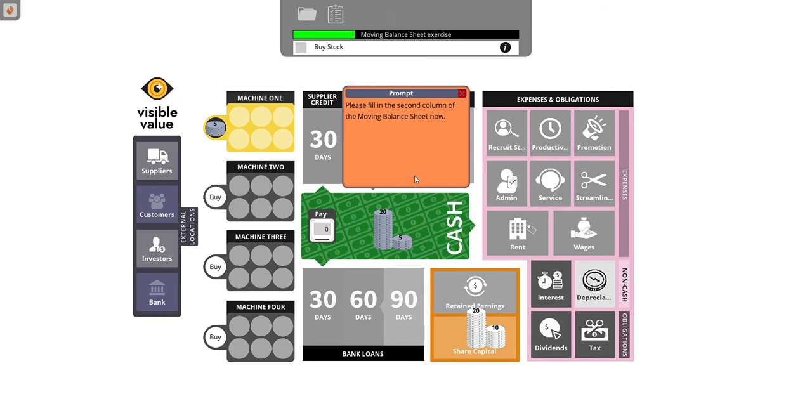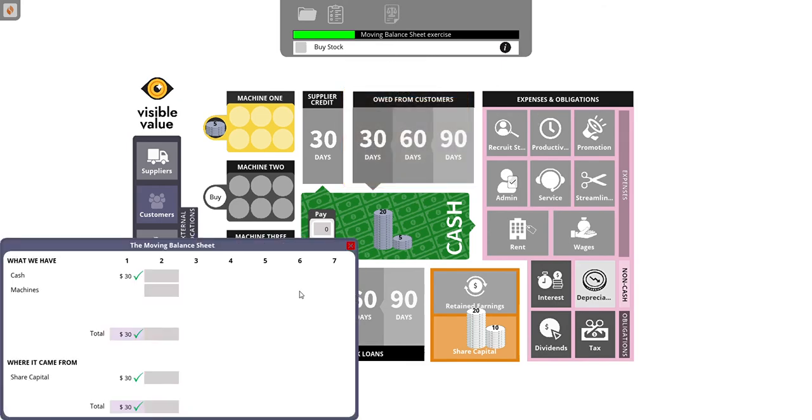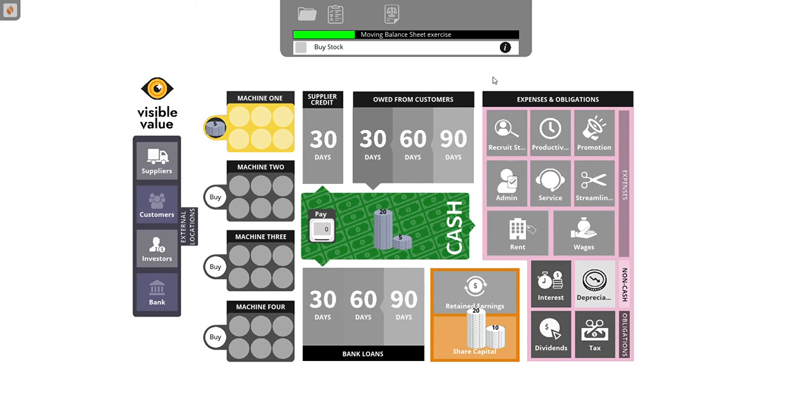The second column of the moving balance sheet now needs to be filled in, so I'll close that prompt and I'll open it up. So cash, well, cash is no longer 30, we've spent 5, so cash is 25, and we have a machine which has a value of 5. So even though we have less cash than we started with, the value of our business is still 30. Still have the same share capital, 30, and therefore the total is 30. Good, all ticks across the board, so I can now close that,